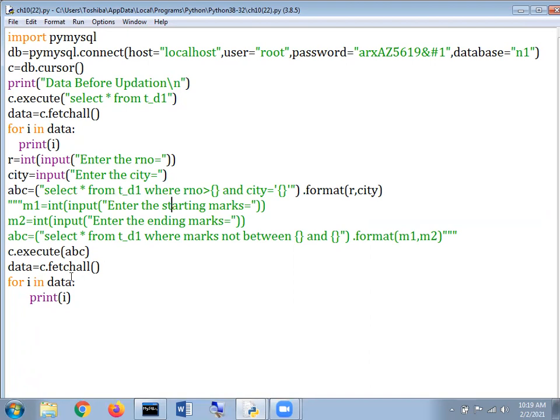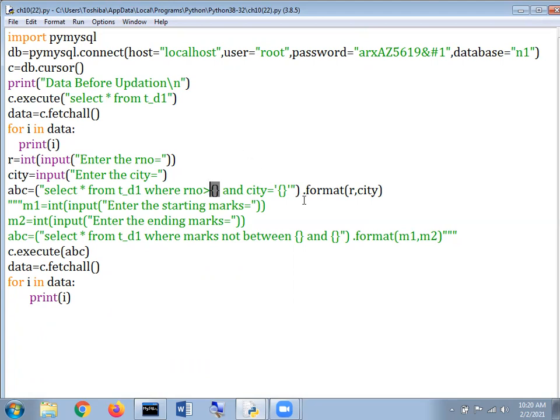Here, instead of that old style, now we are using curly brackets, and these curly brackets represent that we have some value at runtime from the user.